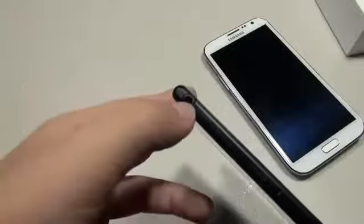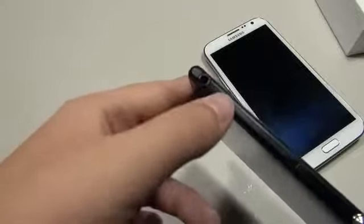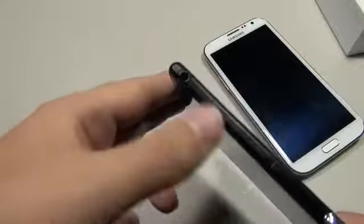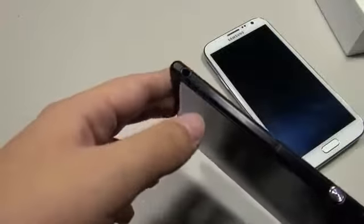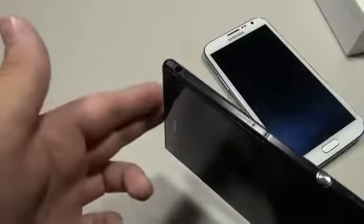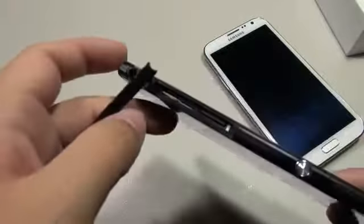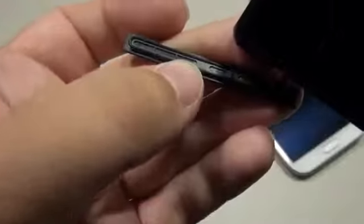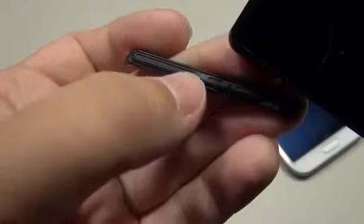On the Galaxy S4 Active, once water went into here, the headphone jack always thought that there was headphones in it until it was completely dried out. Now, I went and I put this in the water and I didn't see it doing that same behavior. I'm going to be doing more testing, but it looks like it's not having that same problem. You've also got a little place here to put your SIM card and also your microSD card. Just like with the original Xperia Z, it just has this little O-ring here,